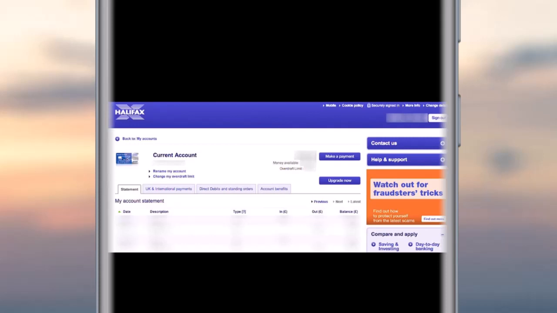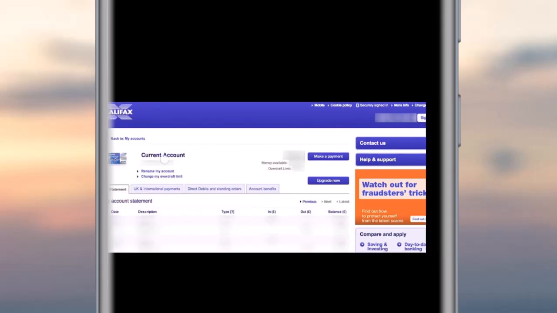Then here in this account's information, you're going to find your current account. In the my account section, you're going to find your current account's information, statements, and in the beside section you're going to find this option of make a payment. If you would like to transfer money by online way, simply tap on this make a payment option, and then